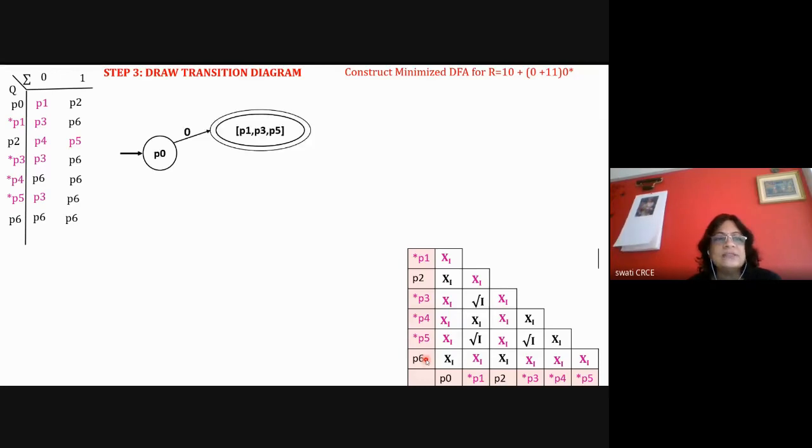Once you identify that, if you are able to draw the transition diagram, then your answer is correct. So I'm drawing for P0, referring to the same transition table. Now I'm saying that P1, P3, P5 are merged. So here P1 with 0 and P1 with 1, P3 with 0, P3 with 1, I am able to draw the diagram. And if you observe the table, here the transitions are the same. It may not be the case that they are exactly the same. There may be P3 and some other state which is equivalent with P3.